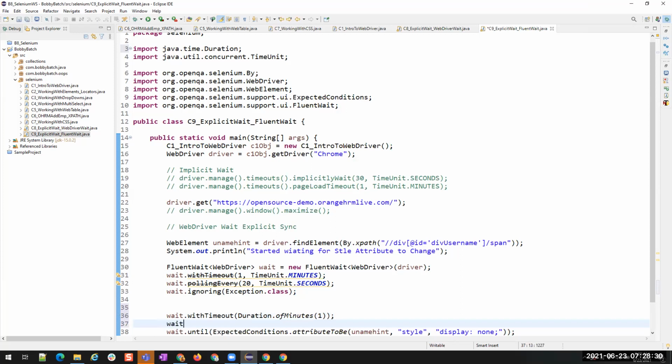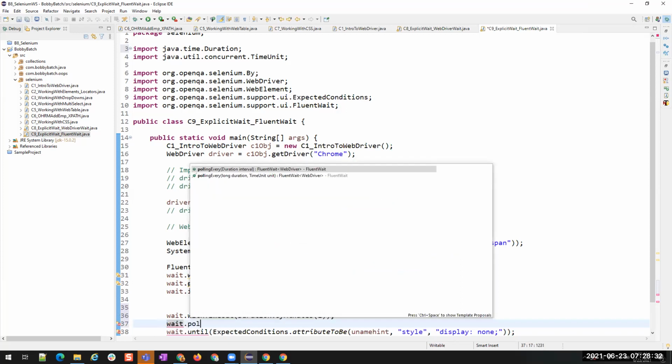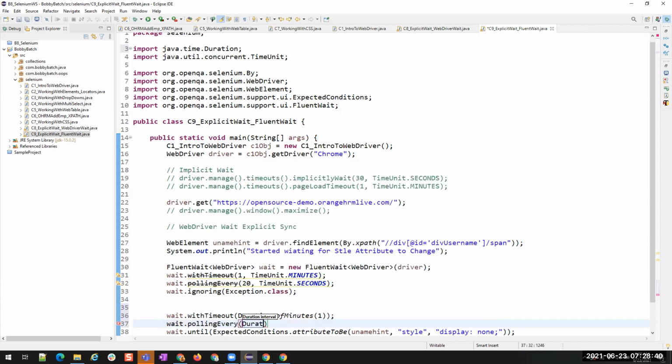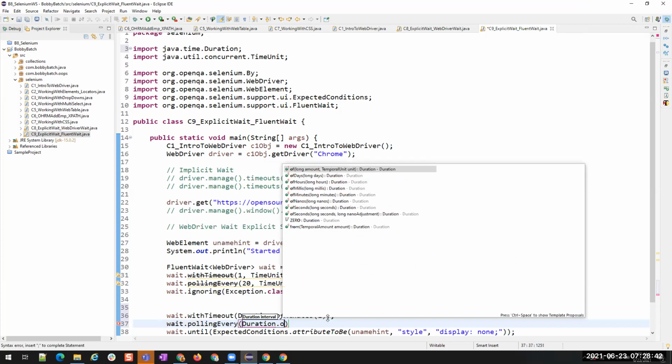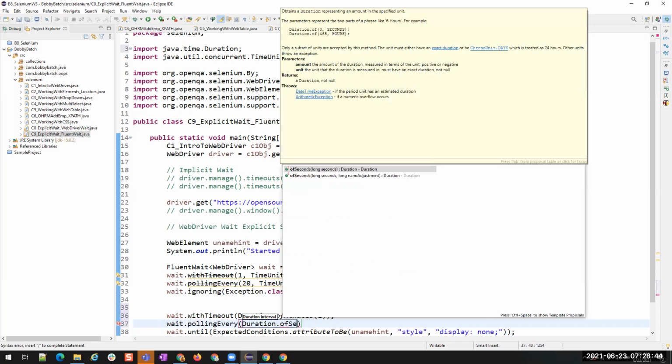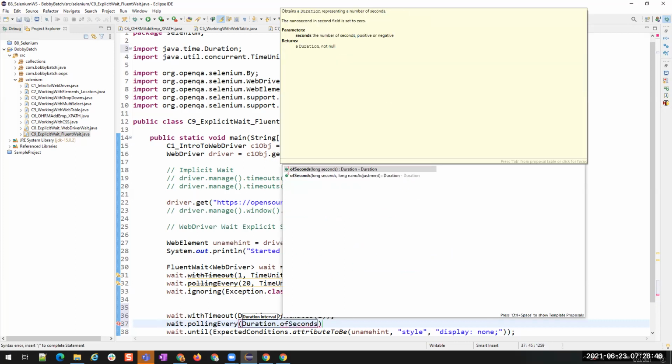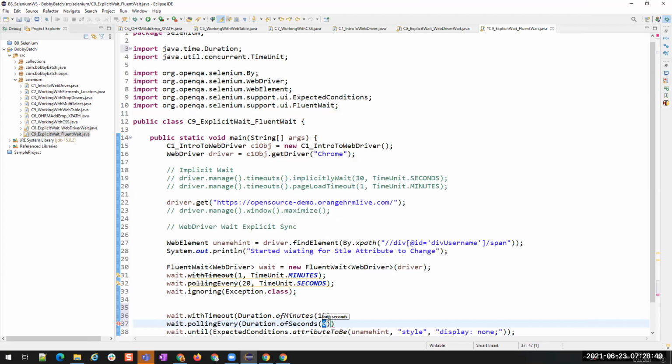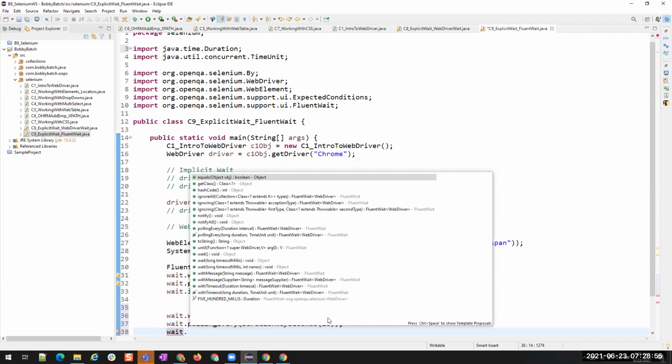This is the new way of using withTimeout. And similarly with pollingEvery. There are two methods. One is deprecated, the old way, and this is the new way. We are passing Duration, Duration dot of seconds. How many seconds? 1. That's all. And then there is no change in ignoring.